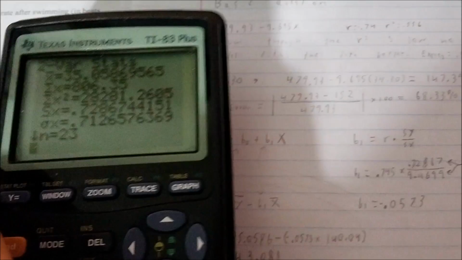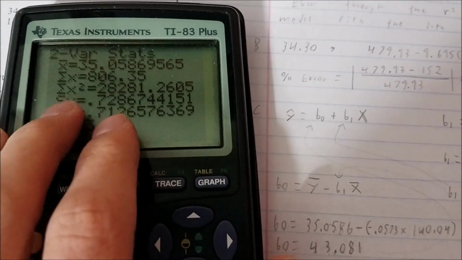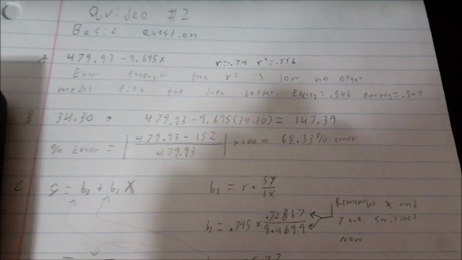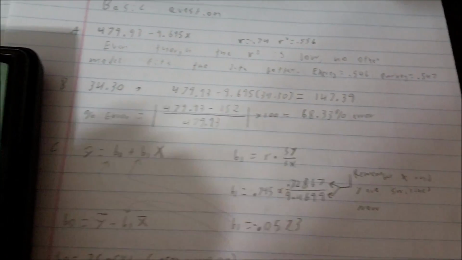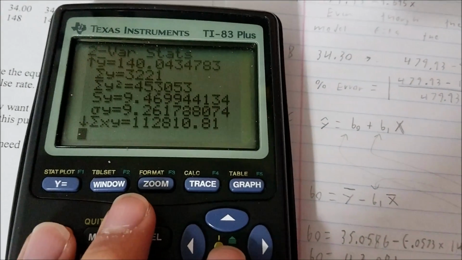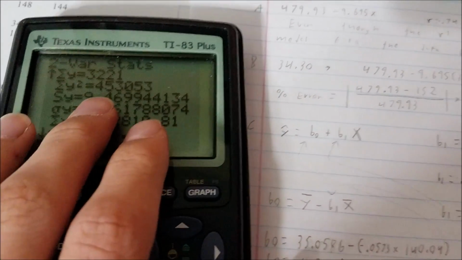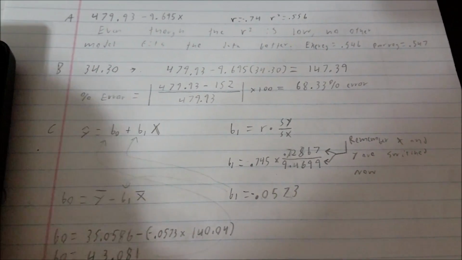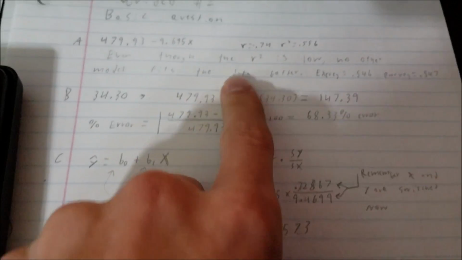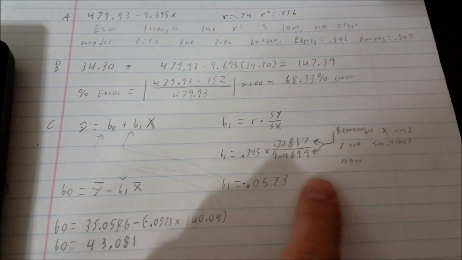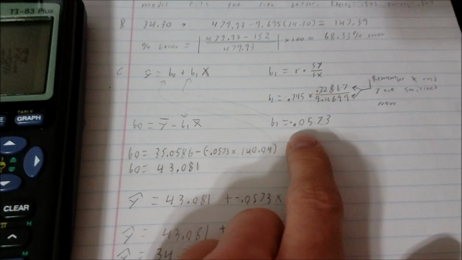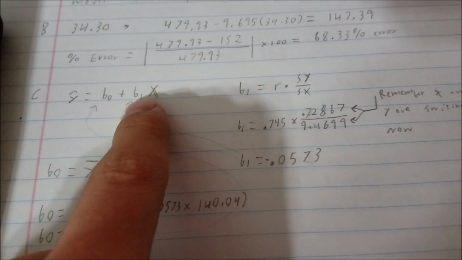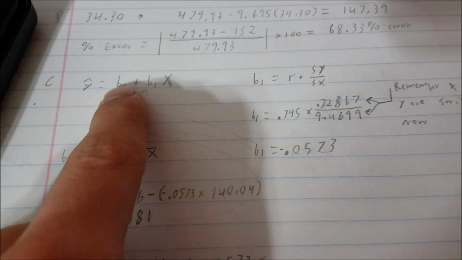So we need the standard deviation of x, which as you can see is 0.7286. Now remember, this goes up here, and then if we scroll down to the standard deviation of y, which is right there, 9.46, that'll just go in there. Alright, and then for the r is 0.745, we found that up here. And then once you get this, it's negative